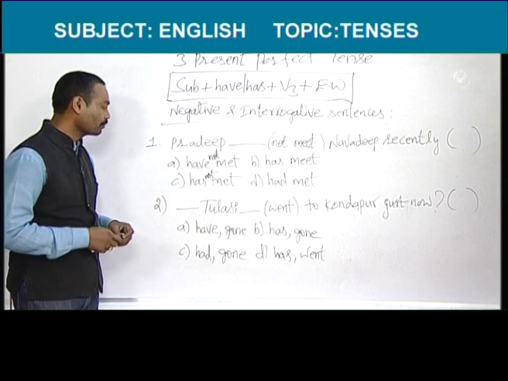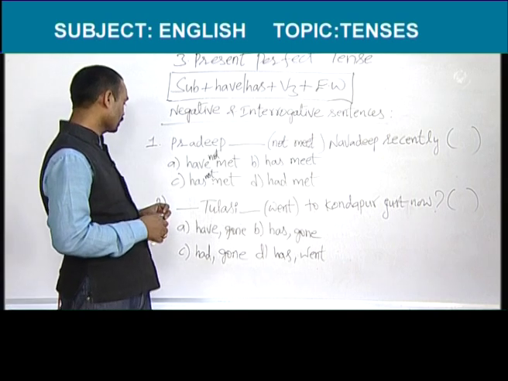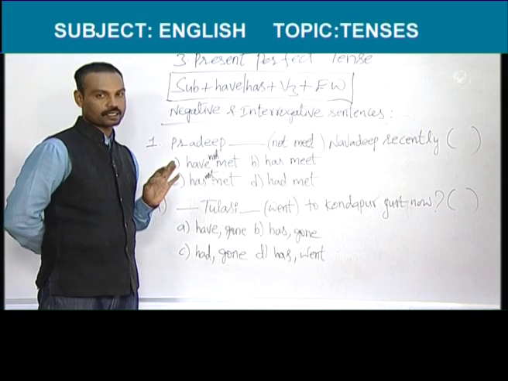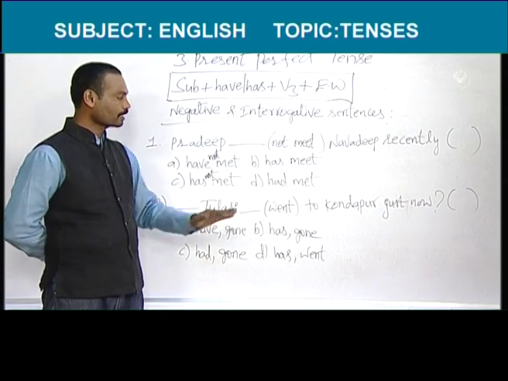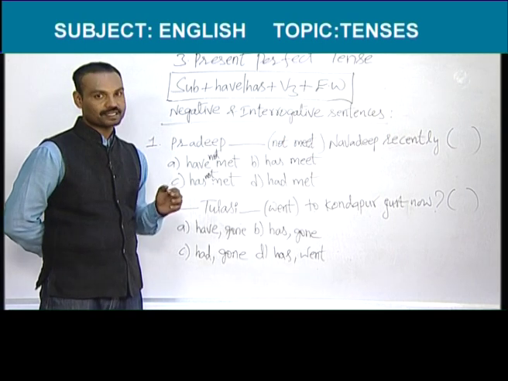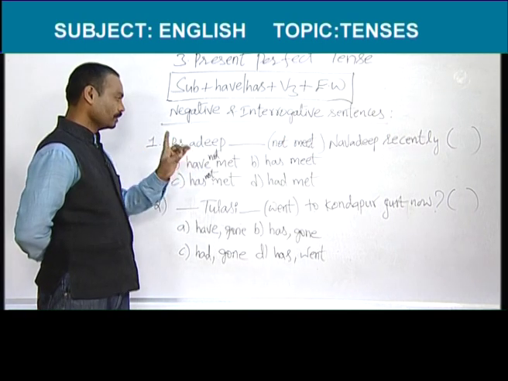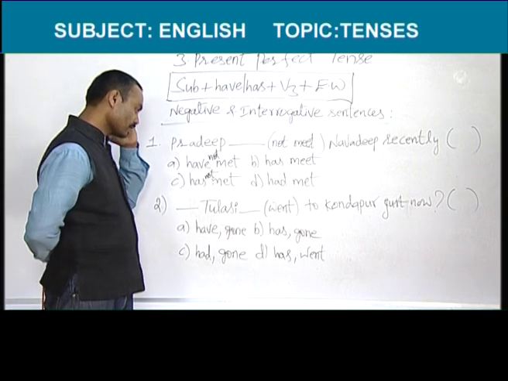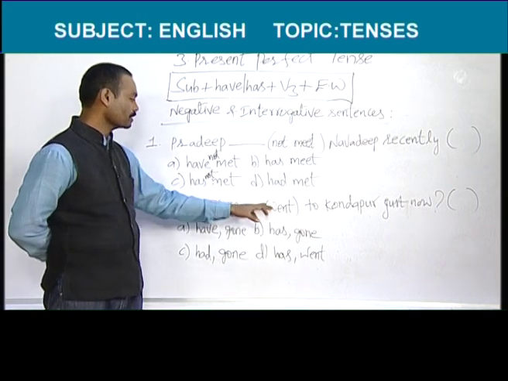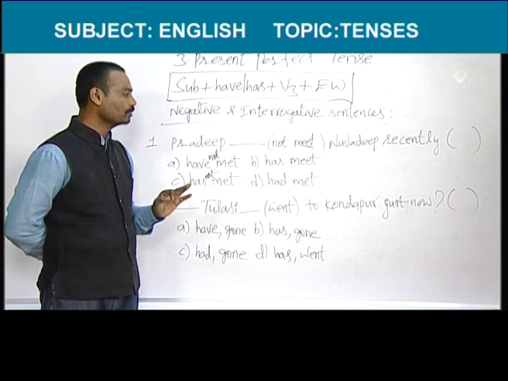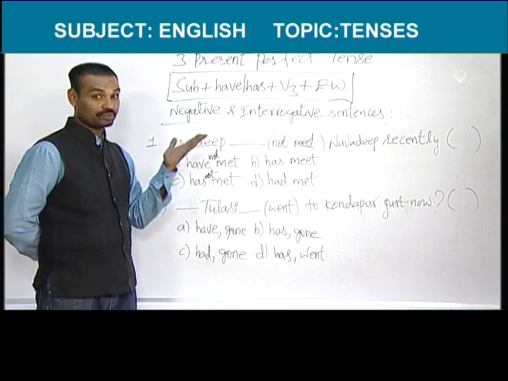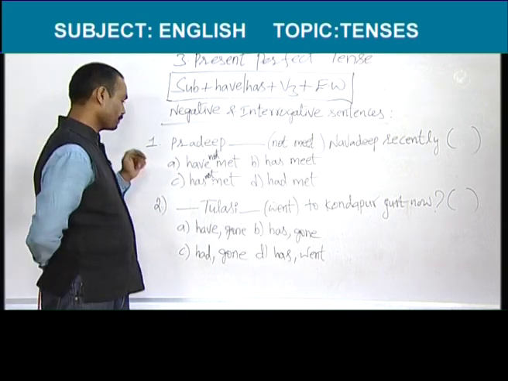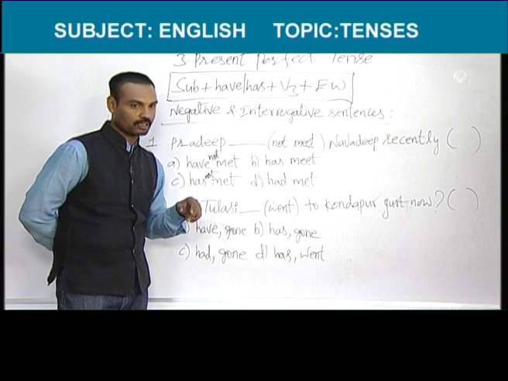Next, let us see one more example that is from interrogative sentence. How can you find out it is an interrogative sentence? Question mark is there. So, you can think that it has been given from interrogative sentence. So, what subject is there? Tulasi is there, dash, under the bracket one verb is there, to Kondapur, just now. Wow, just now, it is the symbol of present perfect tense.